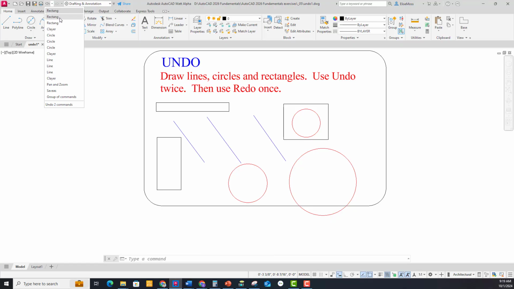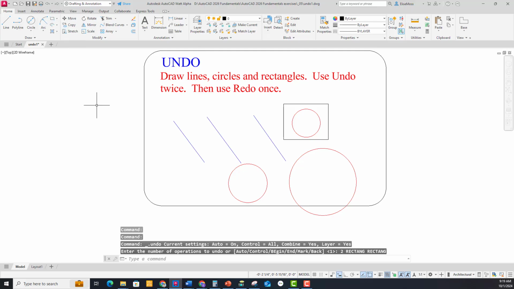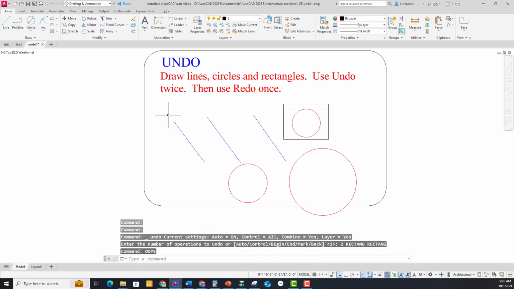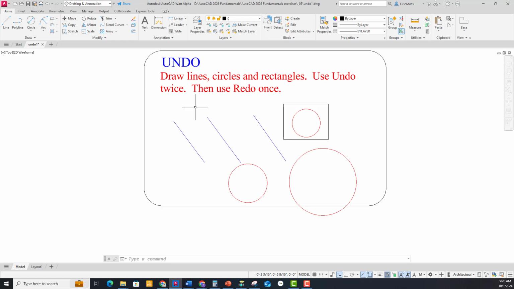I'm going to undo 2 of the rectangles, and then I'm going to type oops. Okay, notice it didn't have anything to oops. Oops is only used when you've erased or deleted something. So if I erase that, okay, and then I